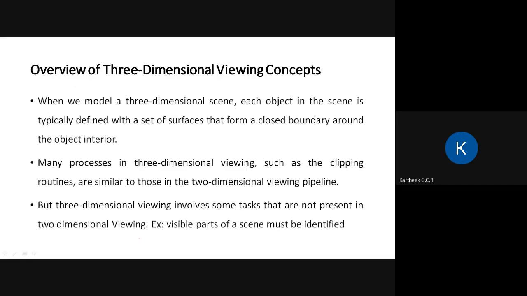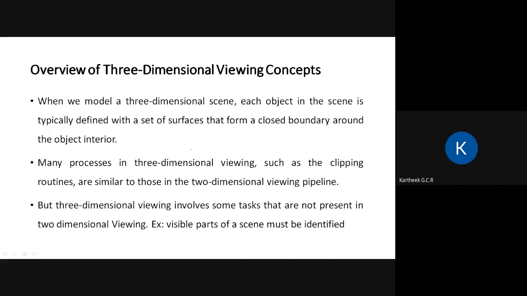Now, when you talk about a three-dimensional scene in computer graphics, so far we have also looked at programs for three dimensions, right? We have looked at the teapot, we have looked at cube modeling. We have even looked at the Sierpinski gasket, that is also a 3D program.